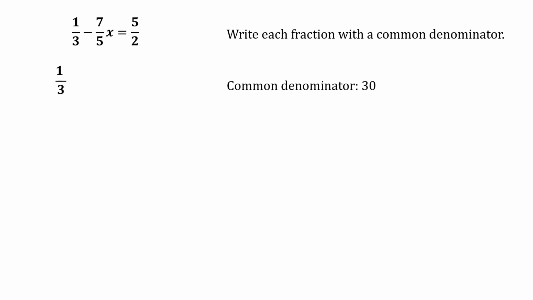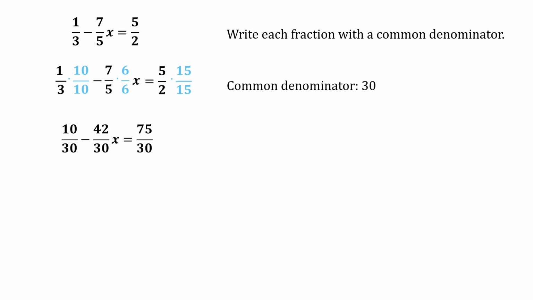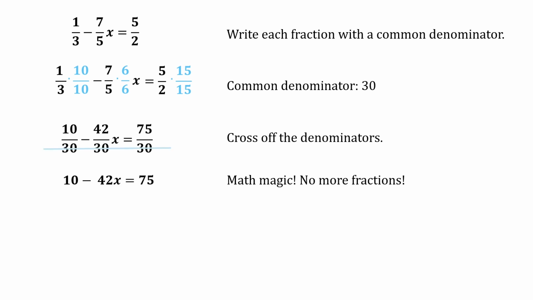So I'm going to multiply 1/3 by 10 over 10. I'm going to multiply 7/5 by 6 over 6, and multiply 5 over 2 by 15 over 15. That's going to give me 10/30 minus 42 over 30x equals 75 over 30. I'm going to cross off those denominators. With a little math magic, there's now no more fractions, and I'm going to solve it like a normal two-step